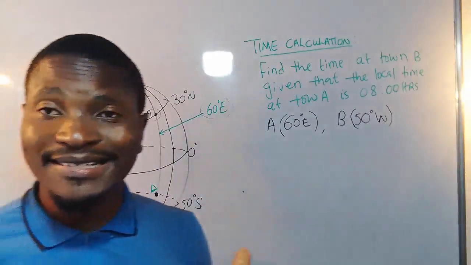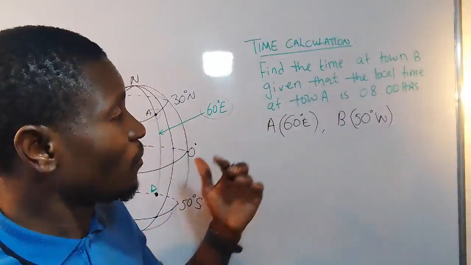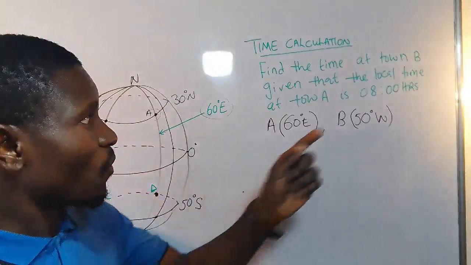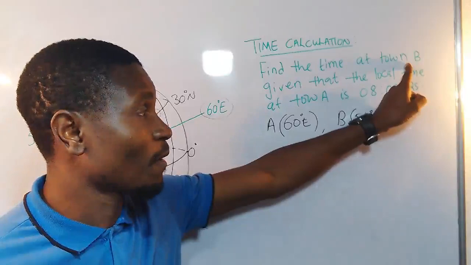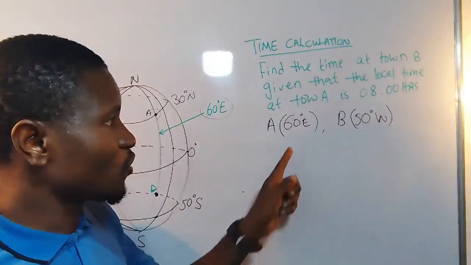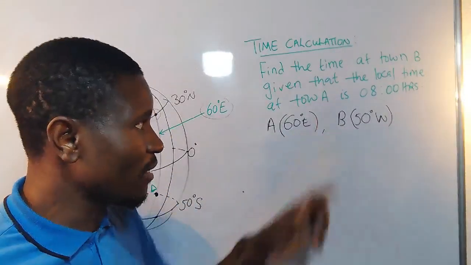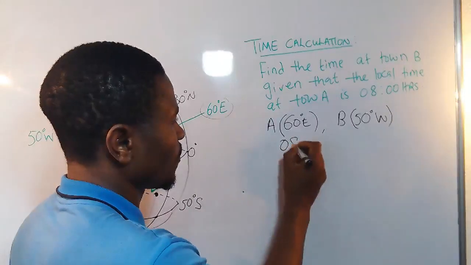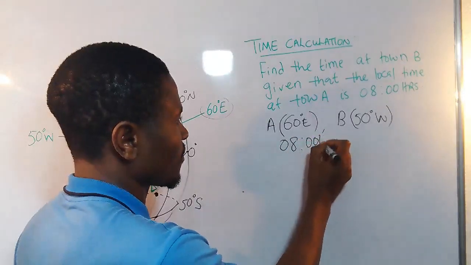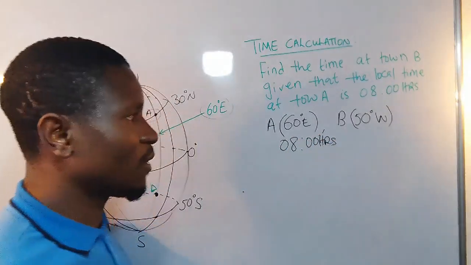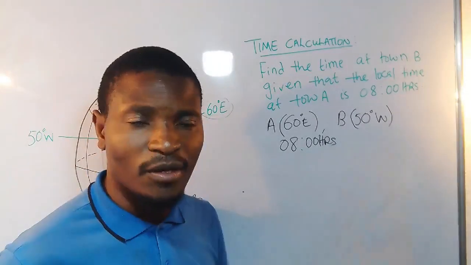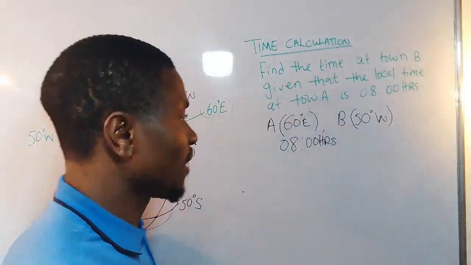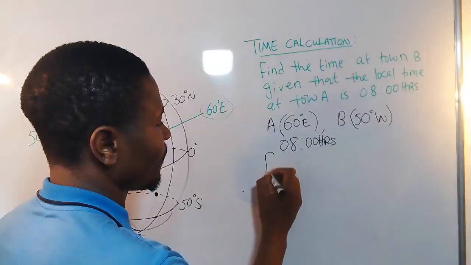Now, there is a time measurement. We want to find out what is the local time, what is the time at point B, okay? And you have been told that at town A, the time is 08 hours. So now we need to find out the time at point B, okay? So the other step is to find